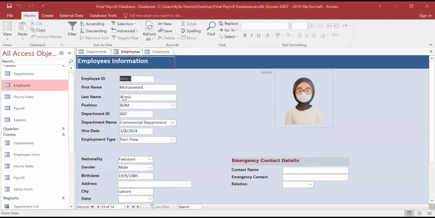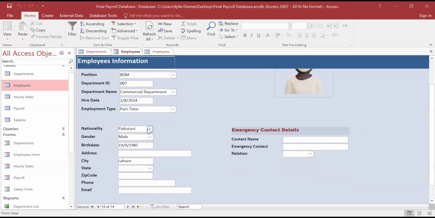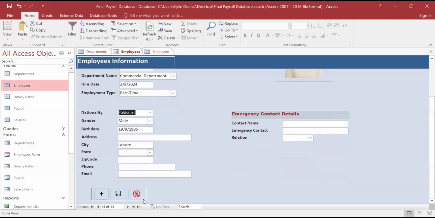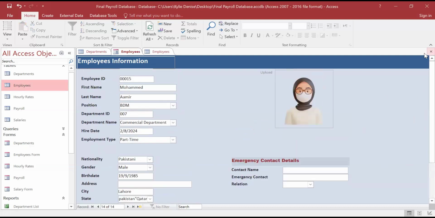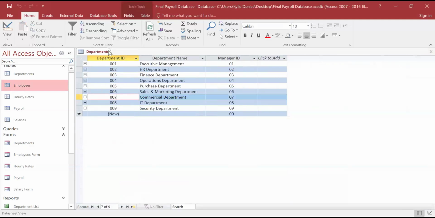It will appear once you search. So it's already here, Pakistan, in the state. Sorry for this typo. It's okay, sir. There's a problem with my keyboard. No problem. Okay, so I will close now.